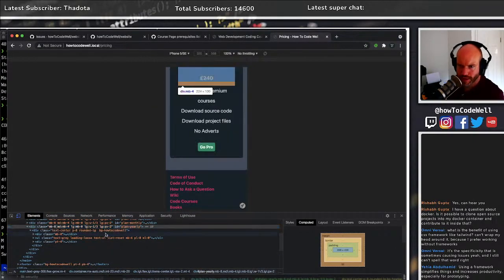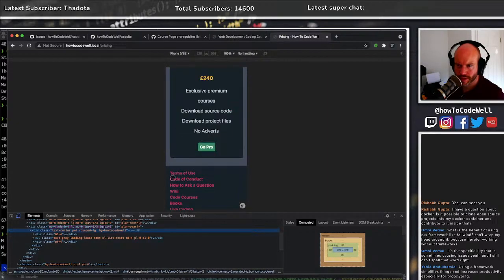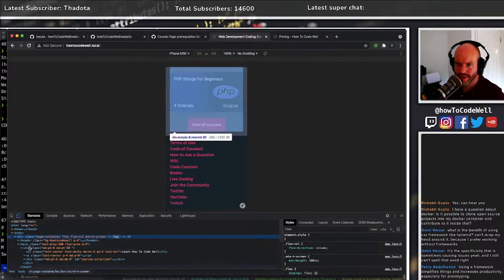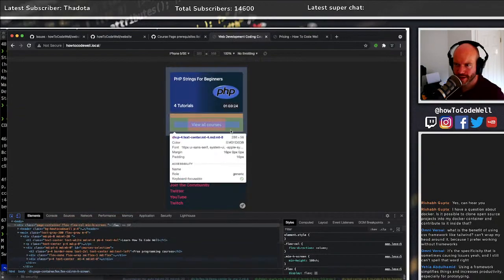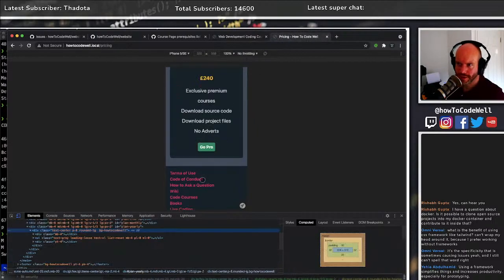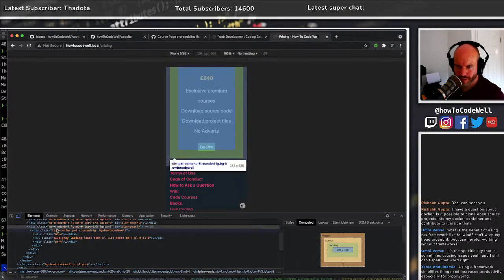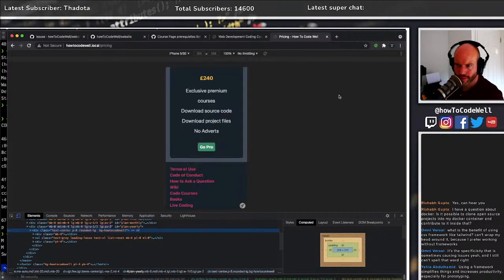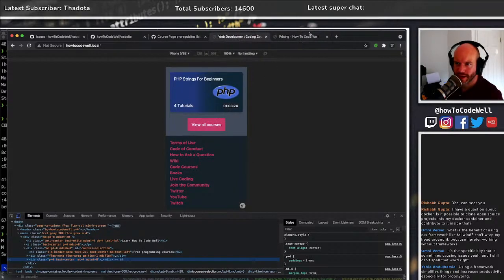We need to set that to be margin bottom of maybe 4. Does that look the same? No, it doesn't. What is that there? So it's margin of 0, right? Yeah. That is the same gap. Okay.